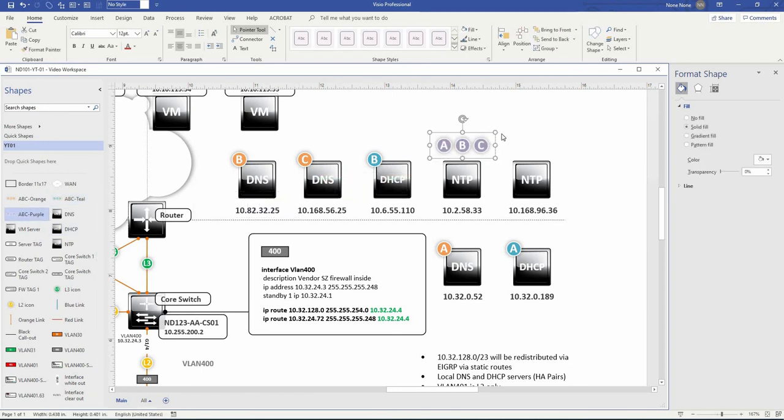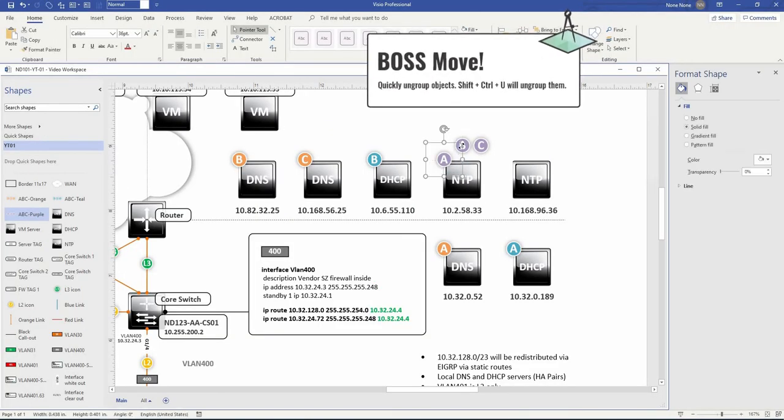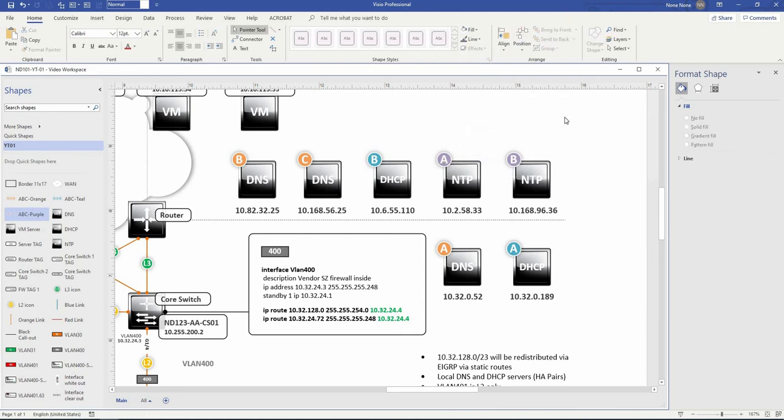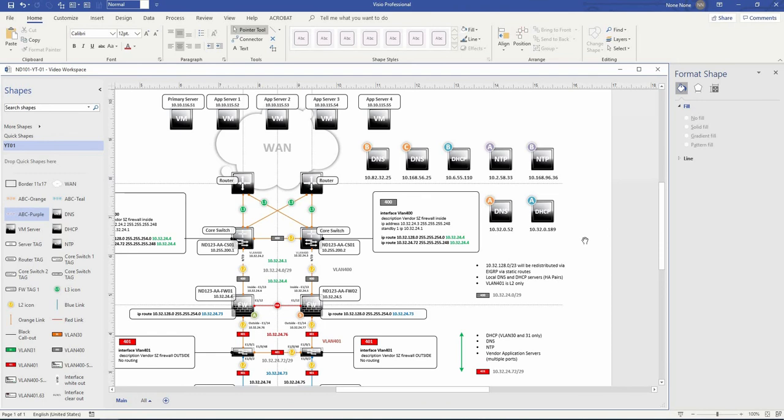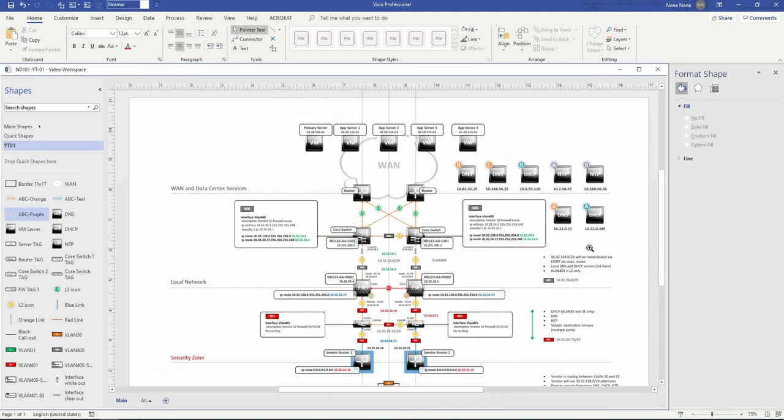And then last but not least, purple. We'll ungroup that. Shift Control U, boss move tip. We got our A, and we got our B. Don't need C. So now you can see the sequence of how it's looking for DNS locally. First here, second, third. TCP local, this IP address first, this one second, and then A and B for their